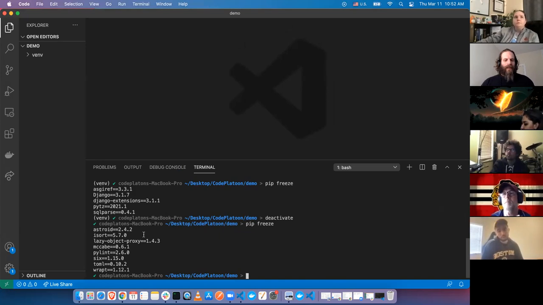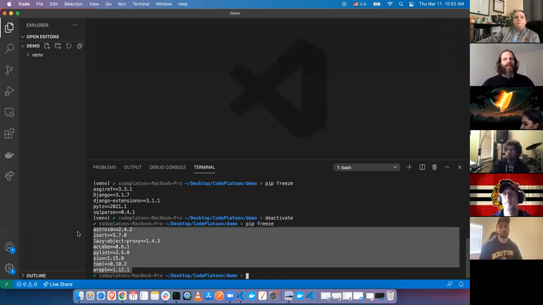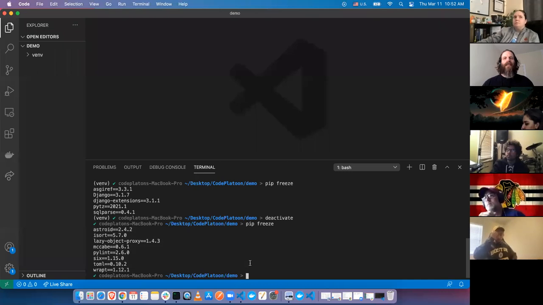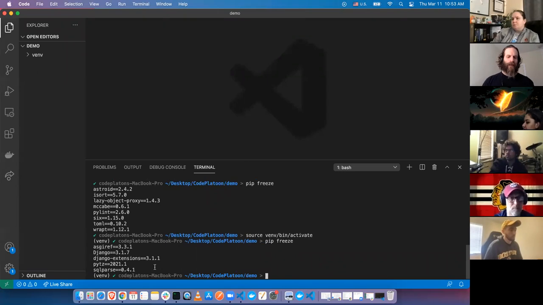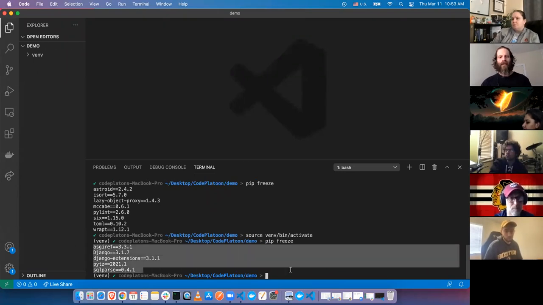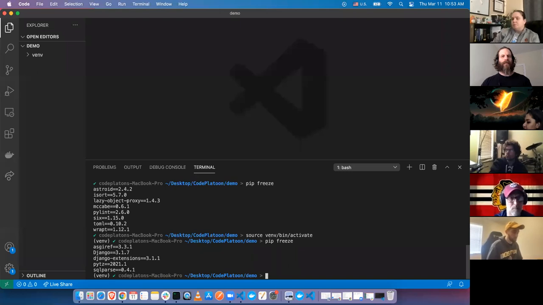So you can see that there's a different list. Like I don't have Django installed globally. And you might want to double check your systems. Go ahead and run pip freeze. And if you do have Django installed globally, you might want to delete it. Okay, so I'm gonna go back into my virtual environment. Okay, so I'm back in my virtual environment. I run pip freeze. So I'm back. I have my custom Django environment, and now, as